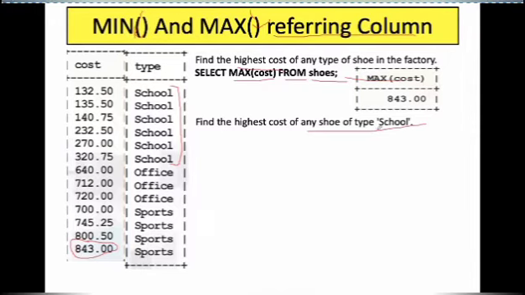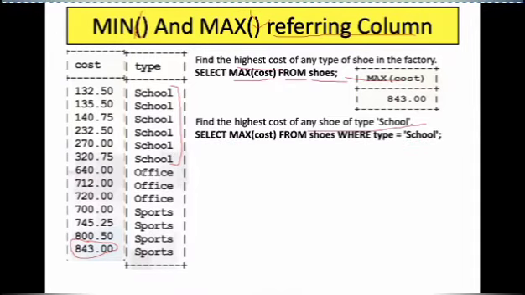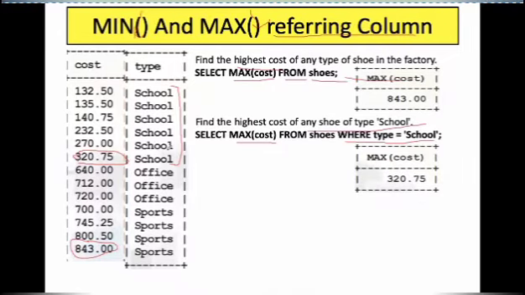Because we have a condition here, type school, we have to put a restriction that the highest cost should be only for the type school, not all. So we have to use the where clause. Let us see here: select max cost from shoes where type is equal to school. Now consider these. What is the max cost here? 320. Let us see what the output will be. Yes, it is 320 in this case.